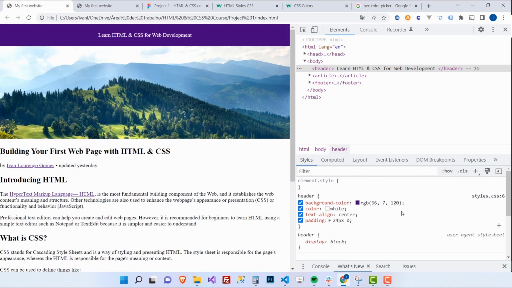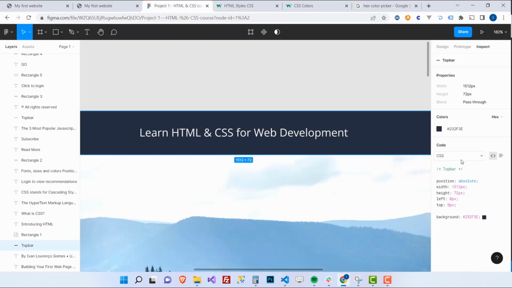We just have one single hex code. I think this is more widely used. If you go to the prototype, you see that the default for the colors is actually the hex code, but we could also choose RGB. And as you can see, this has an RGB code. This is actually a bit different, and this is where I think the RGB code starts to become interesting, because